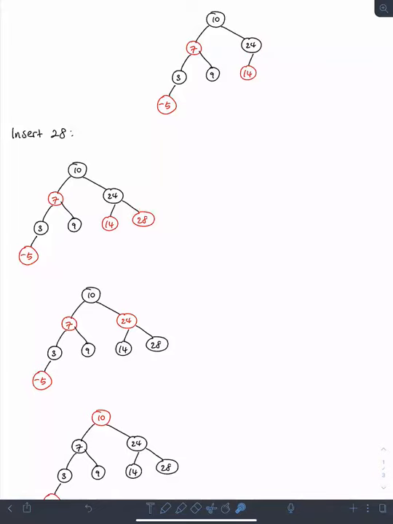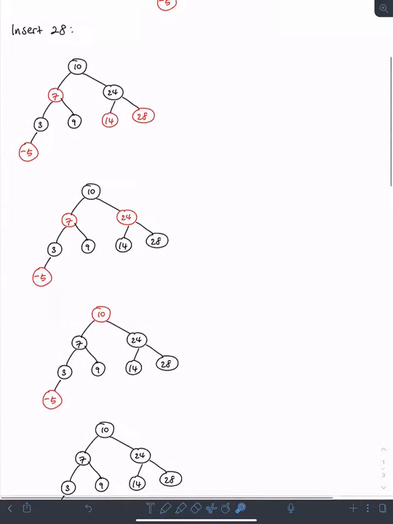And then notice that now we have this problem of 2 red children, right? So one of the invariants of LLRBs is that you cannot have 2 red children, although you can have 2 black children. So in this scenario, what you need to do is color flip, right? So we switch the colors of 14 and 28 with its parent, 24,